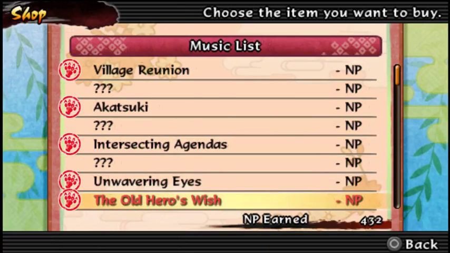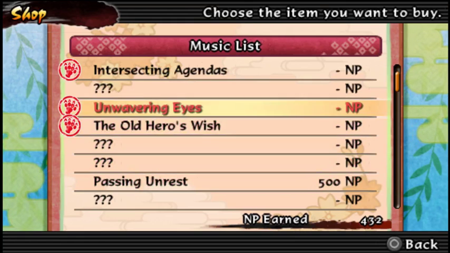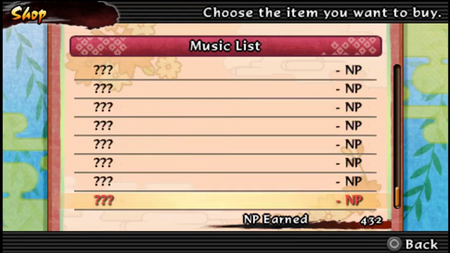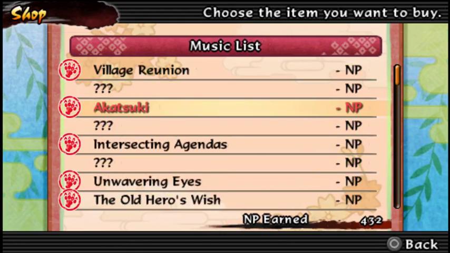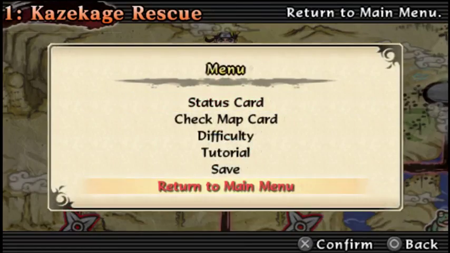If you just want to buy a song, you can just click here and then press yes, and then you buy it. Then you can see I've already bought these songs. So I bought some songs. So if I go back here, then I'll